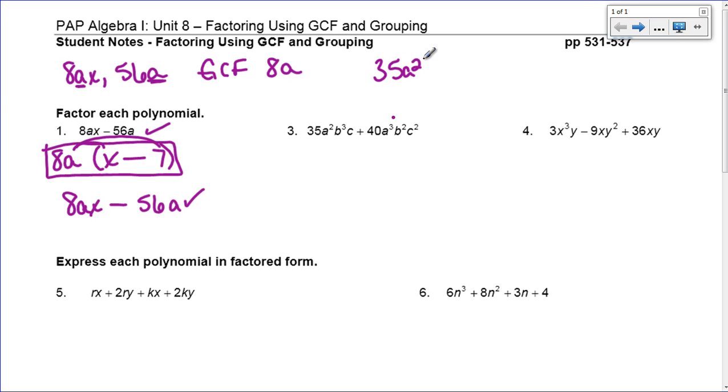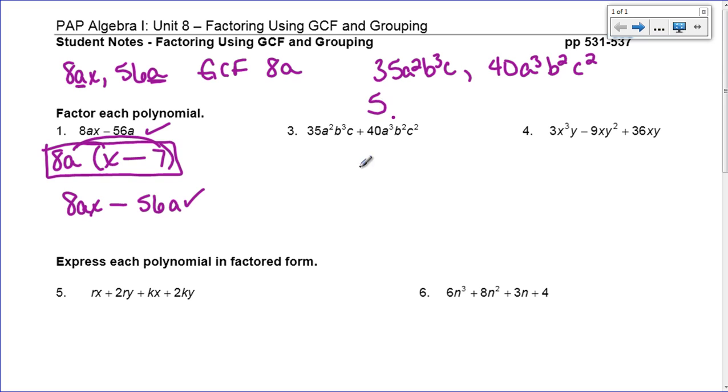So I have 35a squared b cubed c, and I have 40a cubed b squared c squared. And I need to find the GCF for those two terms. I'm not going to worry about this plus sign right now. I'll deal with that when I factor, but first I got to have the GCF. Well, the greatest common factor for 35 and 40, the largest number that will go into both of them is